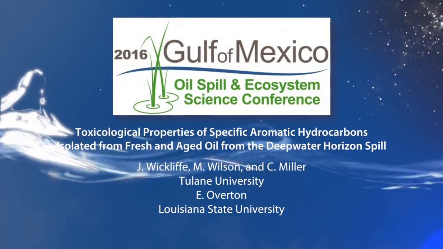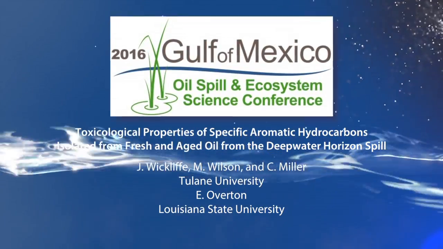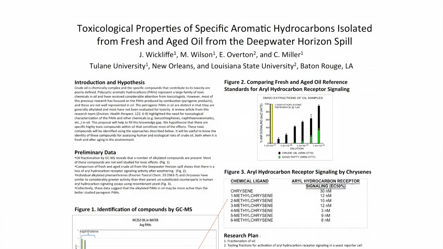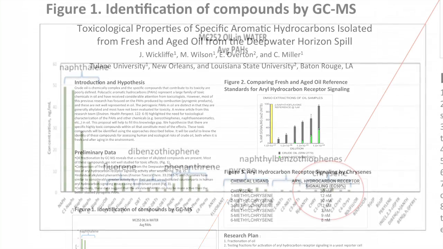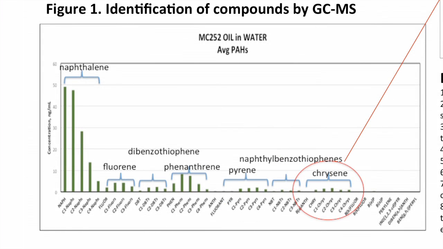Questions that we're asking are, what is the toxicity of some of the PAHs that are found in crude oil, that are specific to crude oil, that we really have little to no toxicity information on? Without that information, we can't really form any kind of rational risk assessments, whether those be used for human health